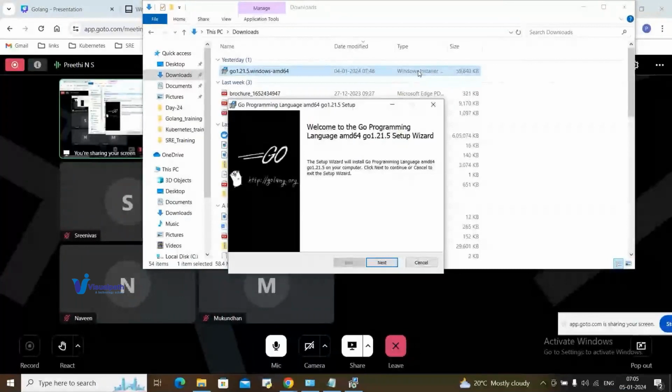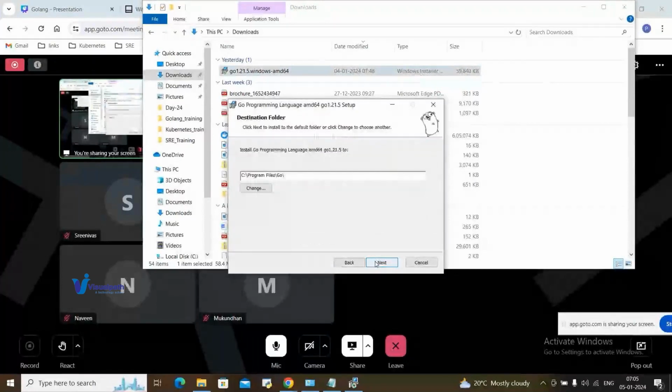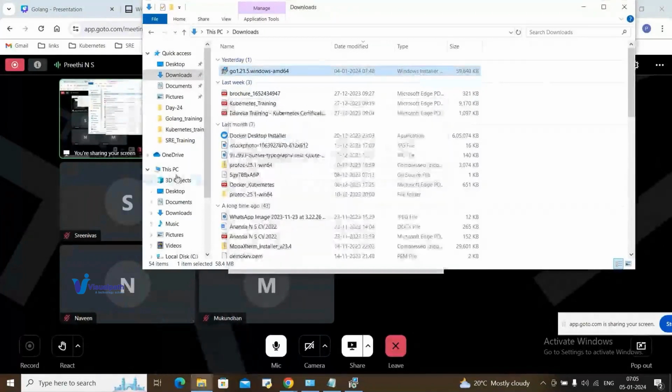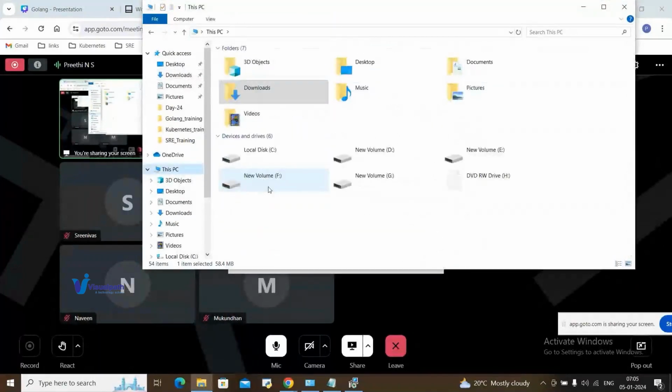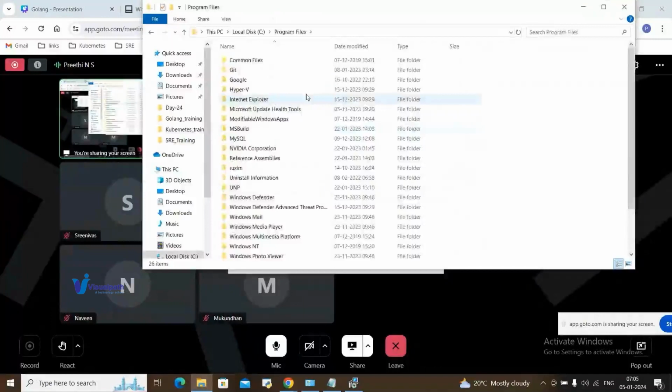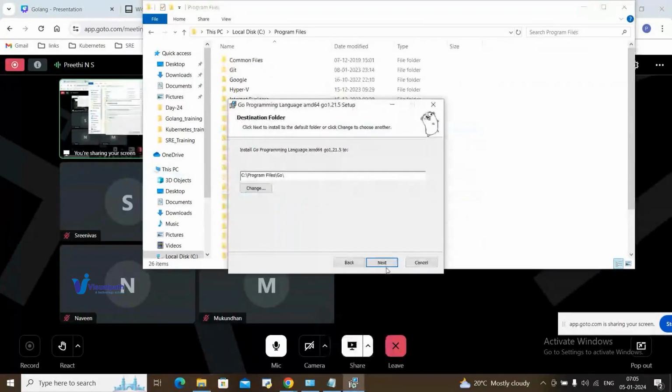So, this is the path where I'm trying to install. Currently in this path, I don't have Go. So let me show that as well. See program files, and here if you can see, there is no Go which is available. So once I click on this next and install,